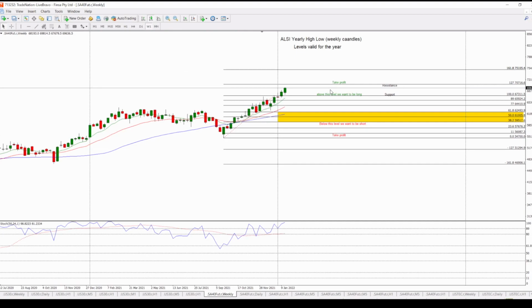That is our open level of resistance. Trend is up, 8 above 21 above the 50. Stochastic and signal line both trading above that 80 level. Stochastic is trading above the 89. So everything on this time frame is also telling us to stay long and aim for that 127.